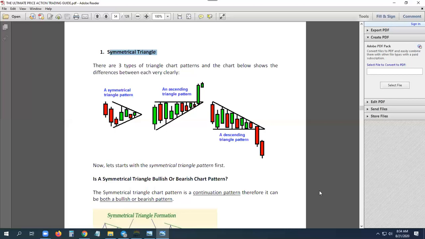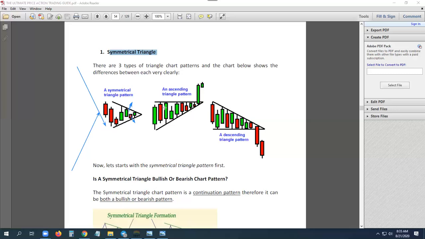Now, in most cases, when you spot this kind of pattern, the breakout can happen to the upside or to the downside. Because when the market gets congested like this, it must break out and start going up or break down and start going down. In most cases, if you were coming from a downtrend, the breakout will be to the downside. If you are coming from an uptrend, that is what most likely will happen. However, you don't predict. Let it happen, and then you follow the breakout. If the breakout is to the downside, follow the downside. If the breakout is to the upside, you will follow the market to the upside.